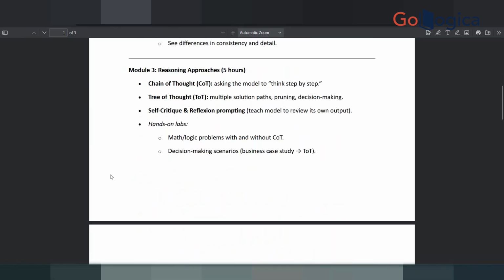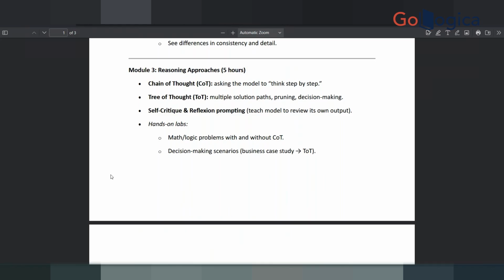Third is about reasoning and approaches. We have chain of thought and we have tree of thought. Chain of thought is basically a step-by-step explanation of whatever AI is doing. It keeps you in the loop of its thinking, all the steps that it takes. And the tree of thought is basically multiple solution paths, like going from point A to B. It's not necessary that you should go from path one only. You can use paths one, two, three, four, five, and then decide which path is the shortest, which is most efficient based on the criteria that you have. So that is tree of thought thinking. That part we will cover.